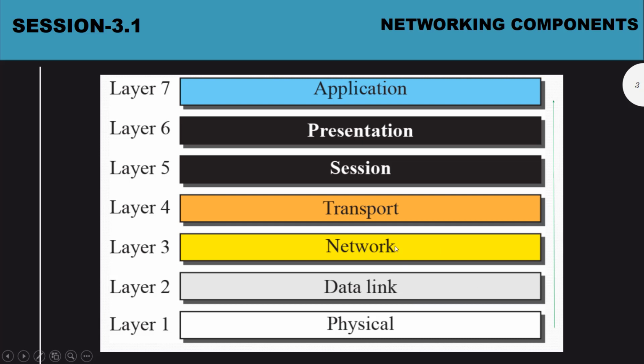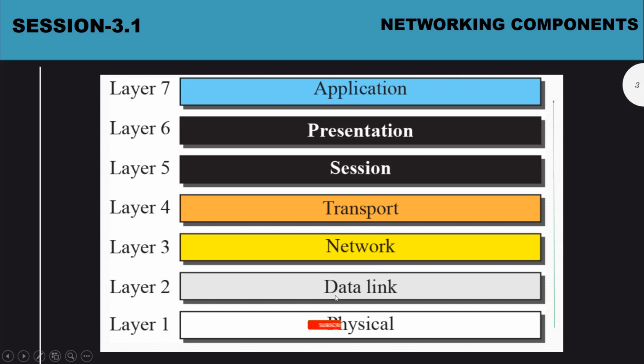When coming to the network layer, we have to deal with routers, and when coming to the transport layer, we have to deal with TCP, UDP, and how the data transmission between our PCs works. These 4 layers completely come under one aspect. It is called the network aspect. But the top 3 layers, session, presentation, and application, come under a different aspect.